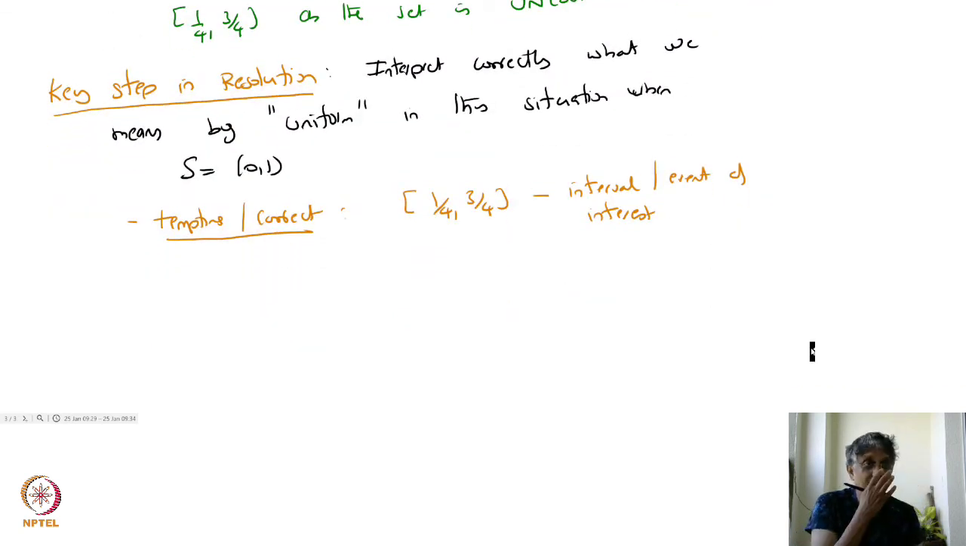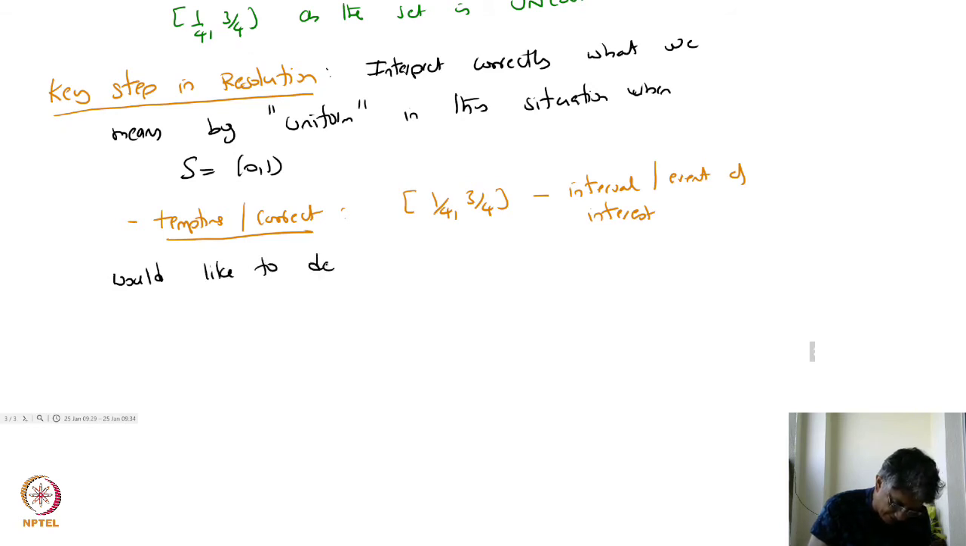So what I would do is I would say I would like a probability on S. So we would like to construct a probability on S, or define a probability on S, such that